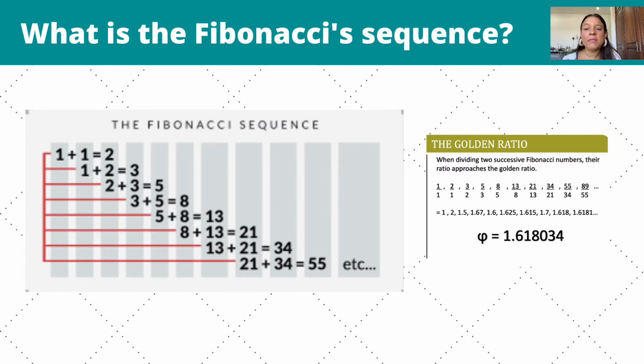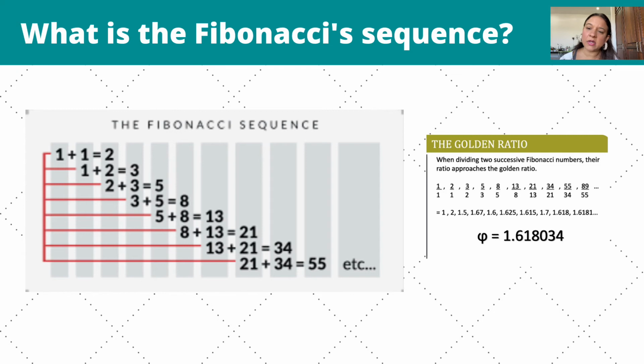So 1 plus 1 equals 2. If this result was added to the previous number, that was 1, I got 3. Then 3 plus 2 got 5. 5 plus 3 got 8. 8 plus 5, 13, and so on. And the funny thing is that he found out something really interesting. First, he developed this sequence of numbers 1, 1, 2, 3, 5, 8, 13, 21, and so on.